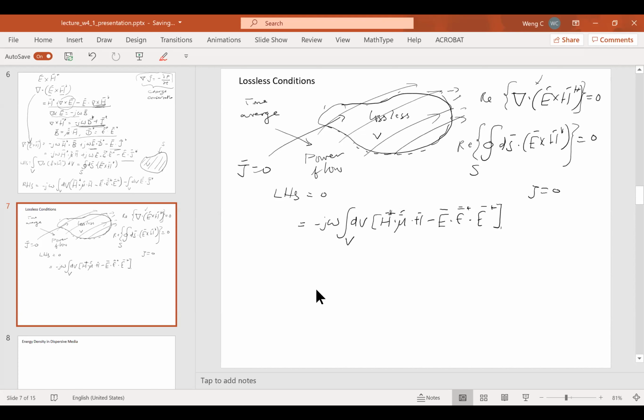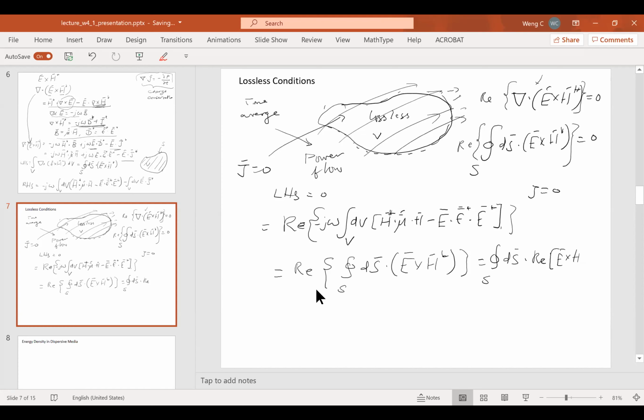That means if I take the real part of this equation, it will be the real part of this expression over here. And this is the time average power flow, and it should integrate out to be zero over